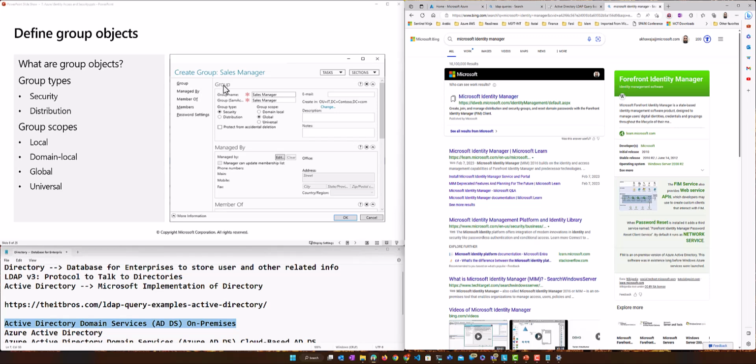I don't want to go into group scopes and all that. The main thing here is to group people based on security and based on distribution, and distribution is much more widely used, right? As I've discussed, you can have all year 1 students, year 2 students, based on your needs.